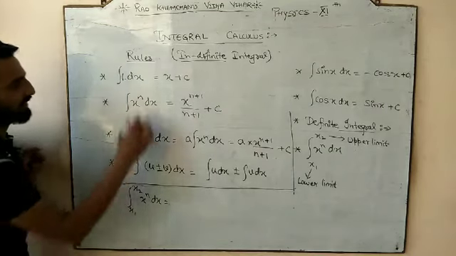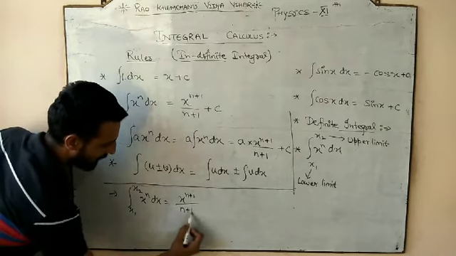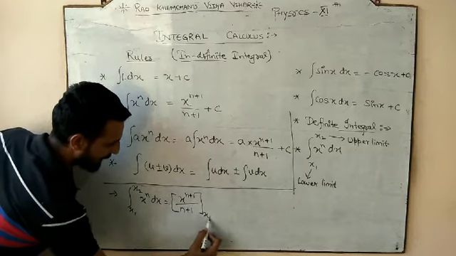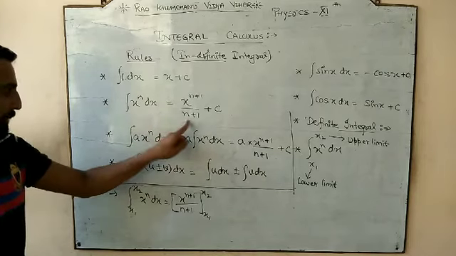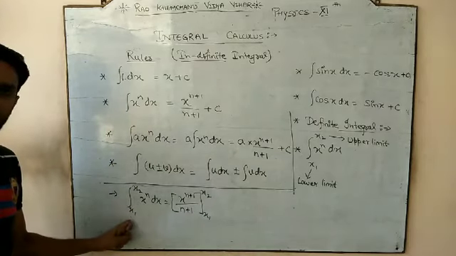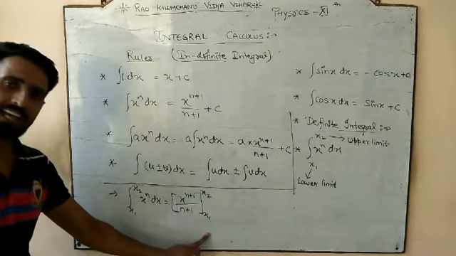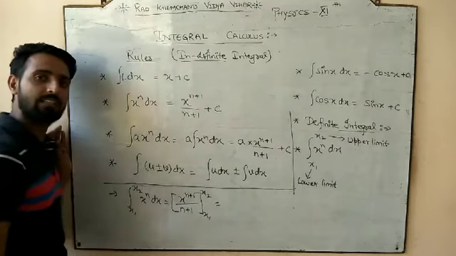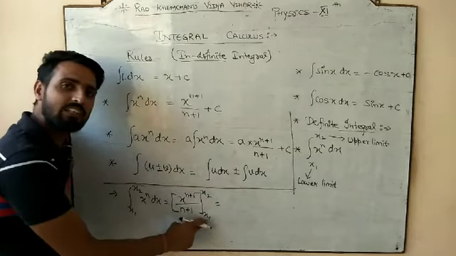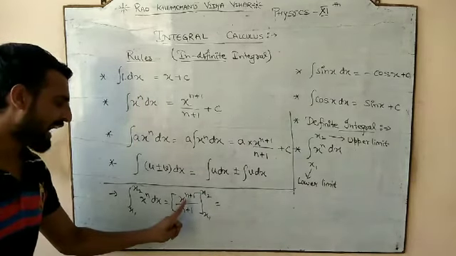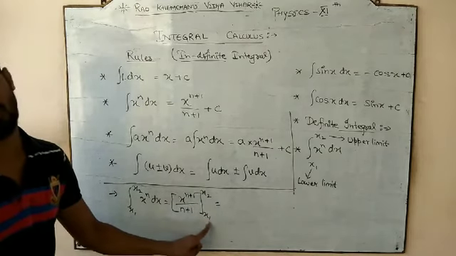And for x power n, the rule is x power n plus 1 divided by n plus 1, from where to where? x1 to x2. जैसे ही आपने rule apply कर लिया, you have to remove the sign of integration. But since the limit hasn't been applied yet, you have to write down the limit as it is. Now you will apply the limit. So how to apply the limit? First of all, this is your upper limit and this one is your lower limit. So first of all, we have to replace the variable with the upper limit. Then we have to replace it with the lower limit.